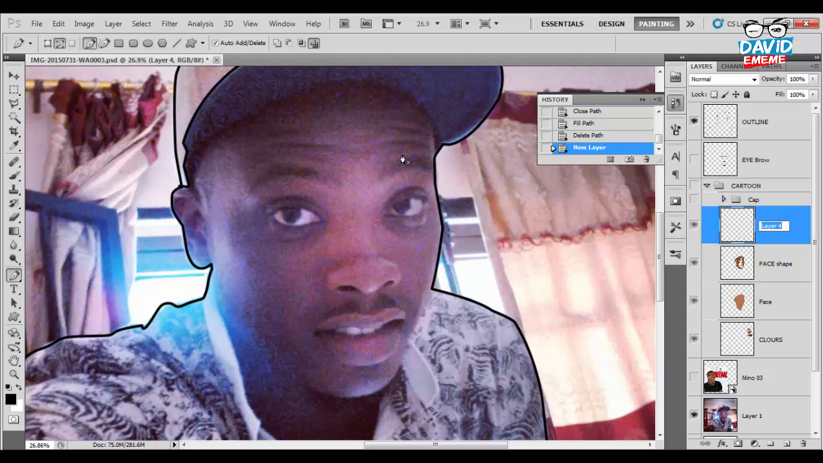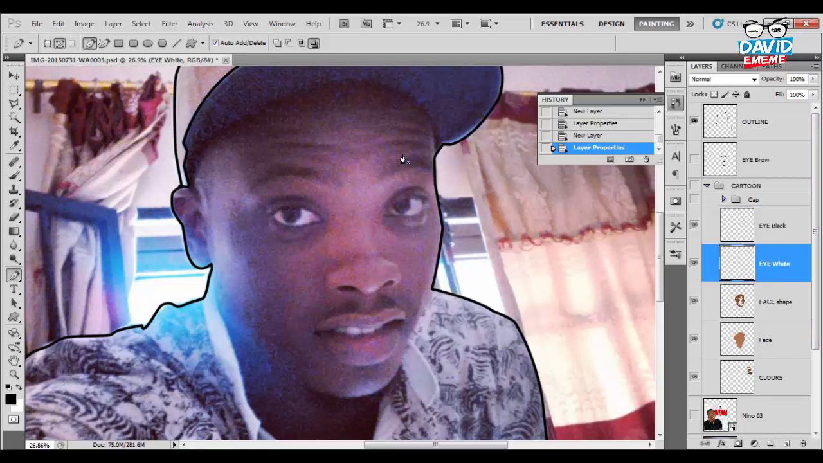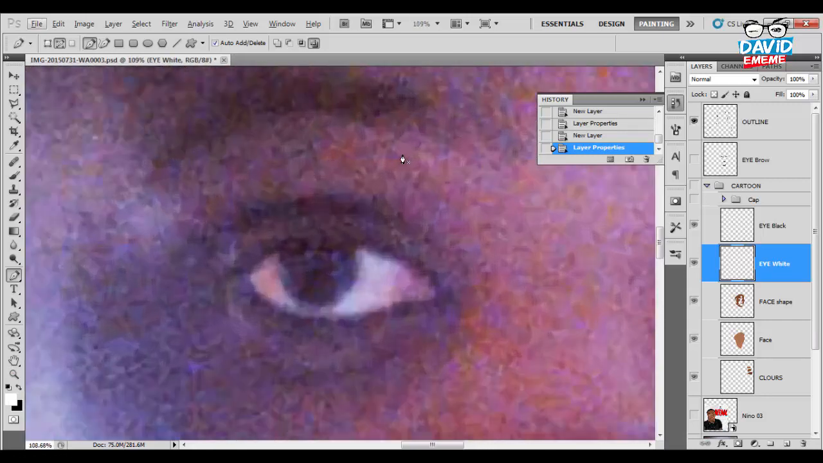Let me work on the eye. We'll create this eye white, create another layer again, and say eye black. Okay, then this black will be on top of the white, so we'll be creating the white first. So switch your foreground color to white, come to the eyes,